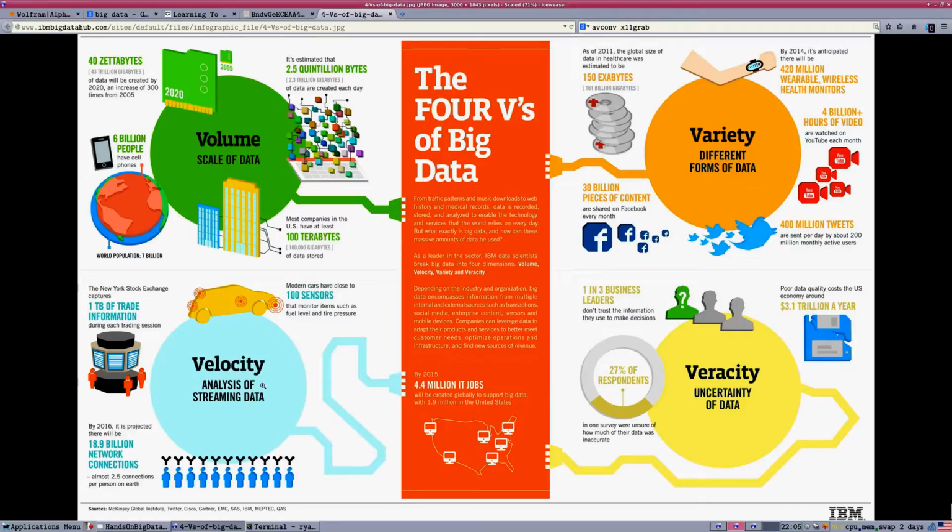We have to both store it and process it on the fly, develop special techniques for that. It's not going to stand still long enough for us to sit down and carefully caress it into a nice form. And veracity, of course, when the data is flowing in from many different sources, we have to be quite careful